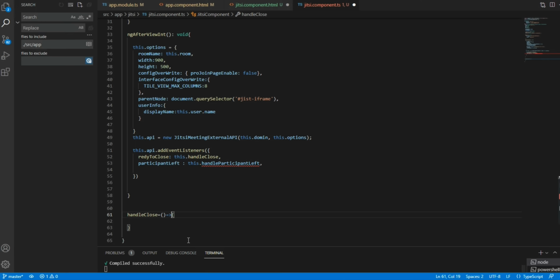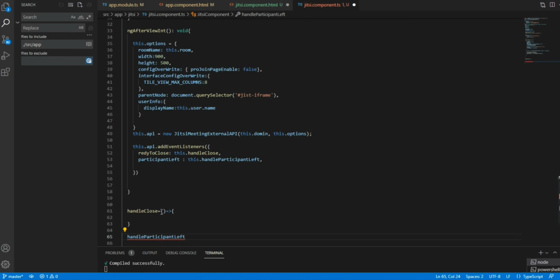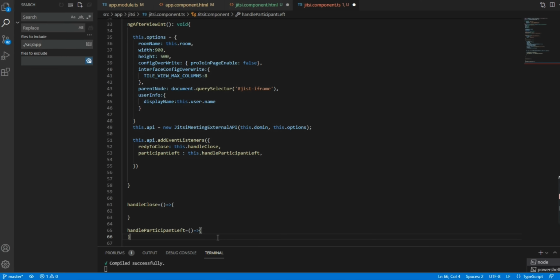These are the functions we need to mention. Give me a second. These are the handlers we can give like this, as arrow functions.